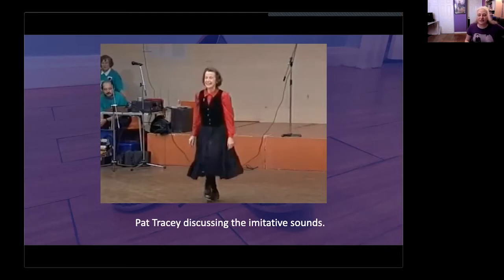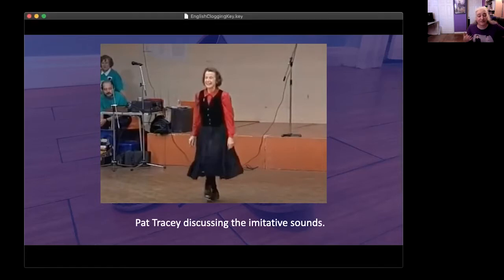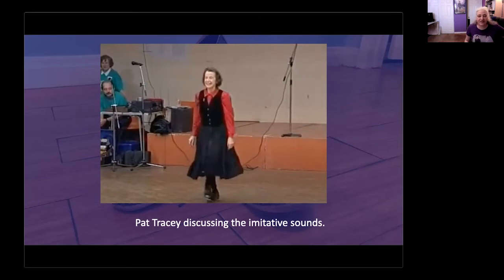The rhythms got sharper and more distinct, separating the movements of the heels and toes, and finding variety among the sounds. Dancers created steps that imitated the sound of the different machinery settings. Let's listen to a demonstration from famed clog dancer Pat Tracy, who taught at Pinewoods in 1988 and 89, as